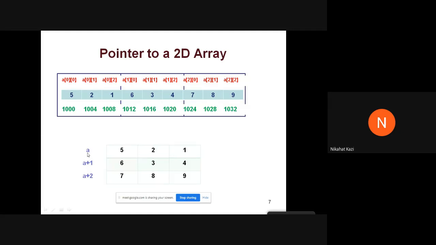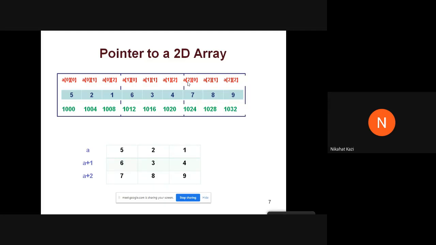When I write the expression A, it is a pointer to an array and it is a pointer to the first element of the array, the base element. Now again, I will tell you how to visualize this. This is your entire 2D array, which consists of multiple 1D arrays. You can imagine that this array is a sequence of arrays. The first element of this 2D array is an array, the second element is another array, the third element is yet another array.